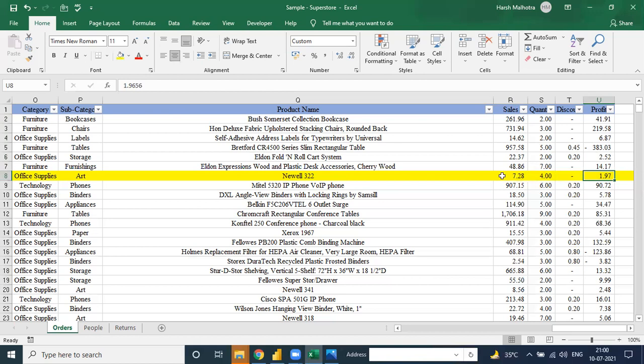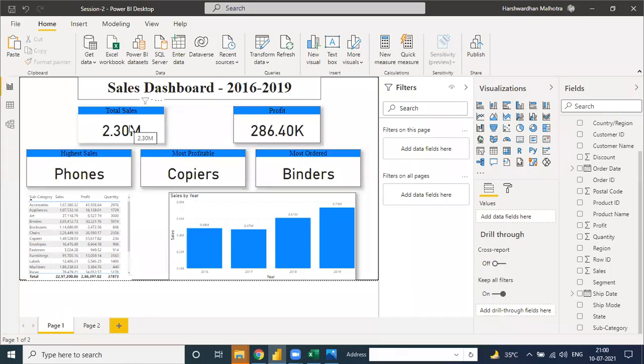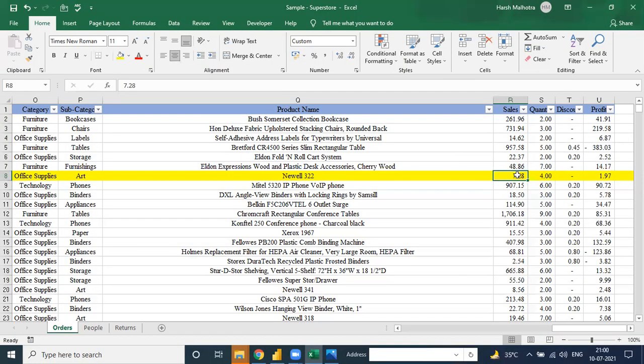But if any one value is there, among sales, quantity, discount, and profit, if sales is there, okay, and the remaining three are not there, then also okay. But if sales is also not there, then we need to remove it, because there is no sales for this, so why do we need it? In the calculation part, when we calculate total sales and the value is zero, it is not included in the total. So we need to remove these rows.